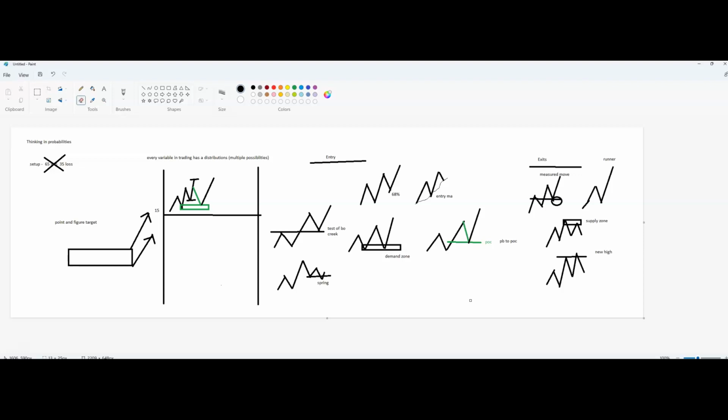It can be a 68, it can be a demand zone, it can be a spring, it can be ABC correction, it can be a POC. Understanding any one of these, but given anything, you select one thing that you're really good at. And believe me, you'll have a natural inclination. Some folks, they will be the Forex, for example. Those guys will be all over the demand and supply zone type of trading. Wyckoff traders, they'll be looking at that test of the breakout, or the spring at the breakout.